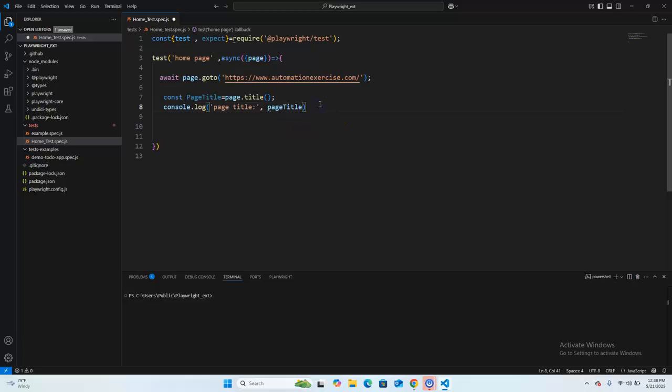We can write this page title in console.log if we want to print the page title, but we want to validate the page title. So what we need to do here, this is the test part, because we are testing, we are launching the browser, we are